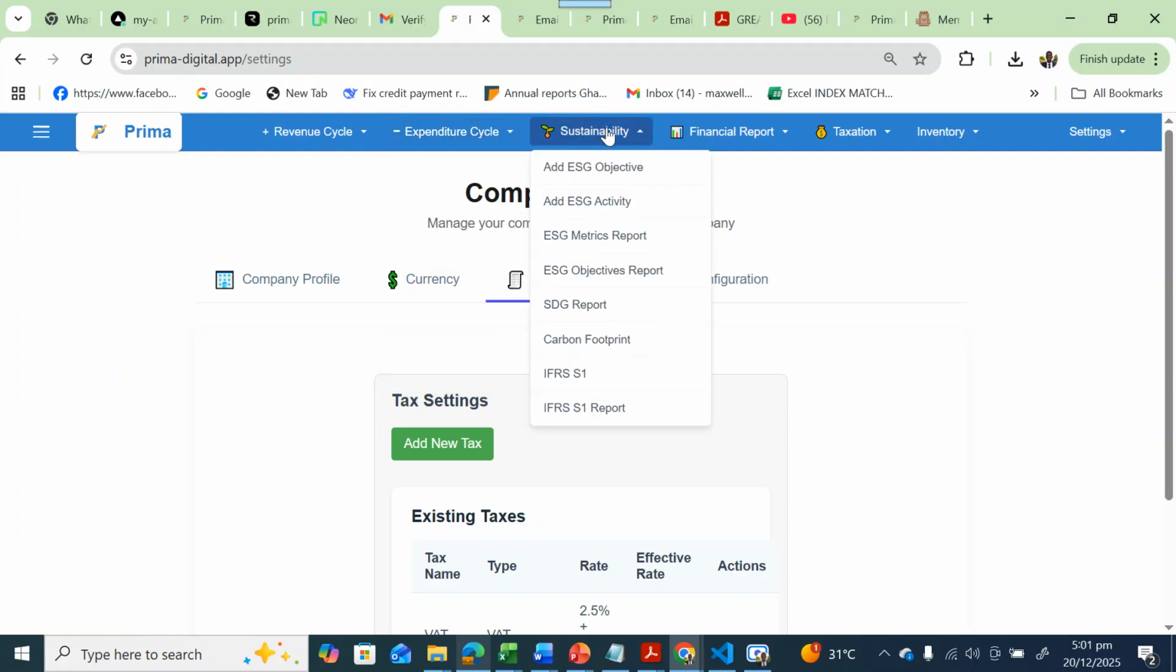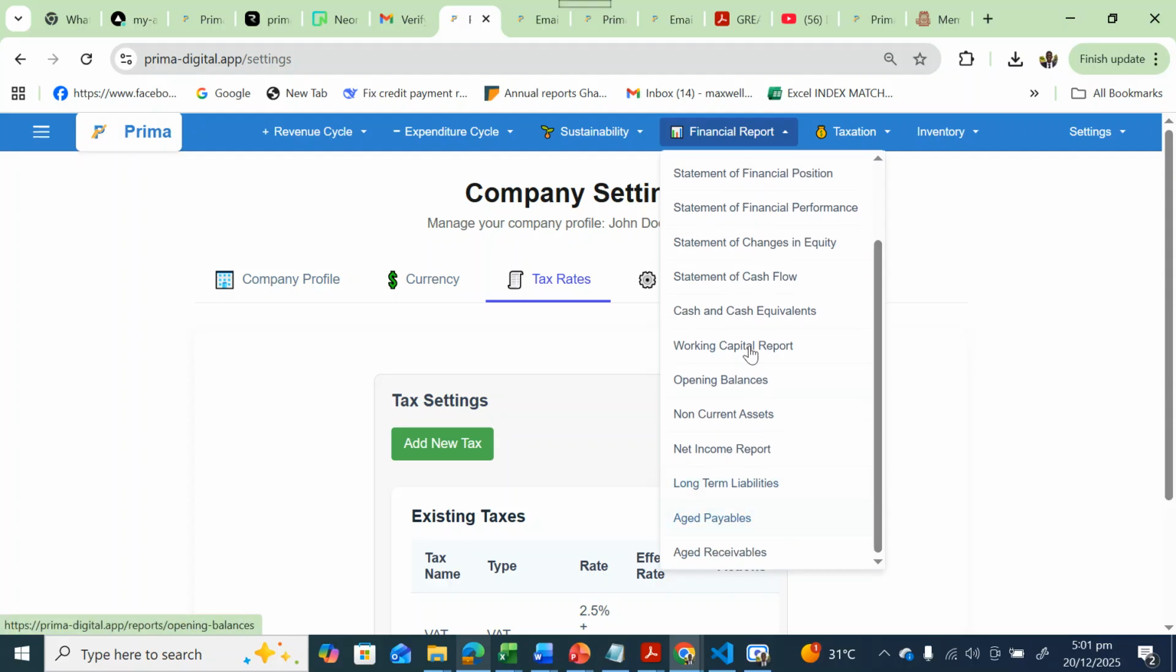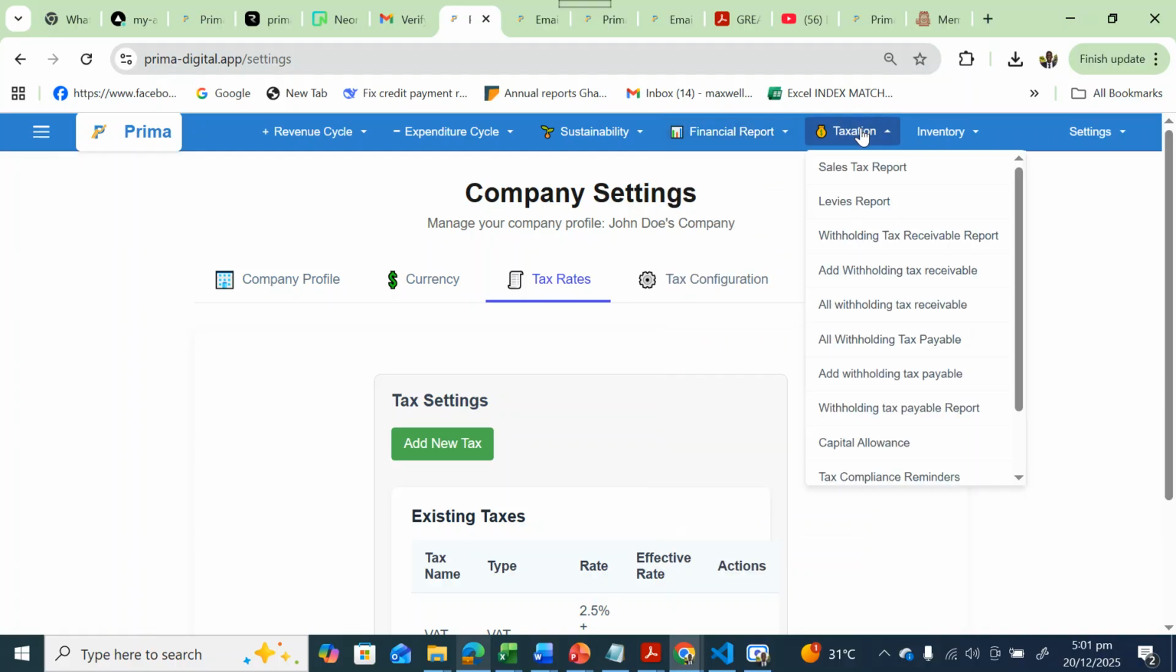Then we have sustainability reporting. Everything under sustainability reporting falls here. Then we have financial reports. Everything under reporting: trial balance, general ledger, manual journal, statement of financial position. All kinds of financial reports fall under this column. Then we have taxation. All taxation module reports are under this column. We have sales tax reports, levies, withholding tax receivable, withholding tax payable, capital allowance,